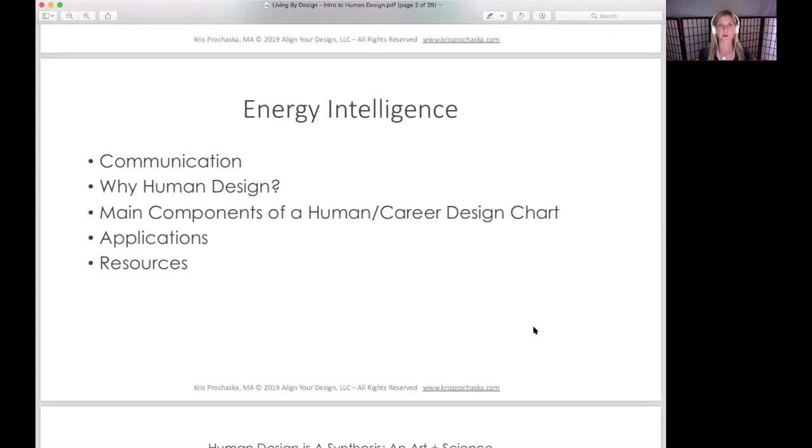So I am a former therapist, and I was seeing clients for years in private practice, and there was an overarching theme. This is the second reason why I love human design out of like 100, is that people would be coming to me and they're like, what's wrong with me? What's wrong with me? What's wrong with me that I can't do it like other people?